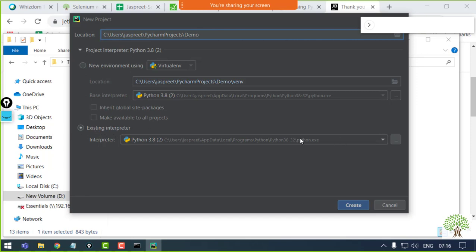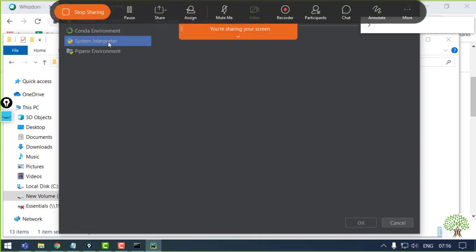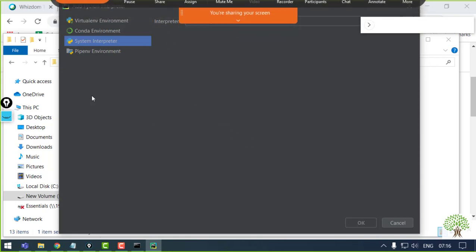So what you need to do is, whenever you get this screen, just click on the options over here and look for the system interpreter. While installing Python, if you have checked that checkbox, it will automatically pick up the Python language from the location where it is lying. In case you have not checked it, then you have to go manually and fix your interpreter over here. So do remember to check that checkbox. It will be very easy for you. Okay, so I'll click this and I'll go back.